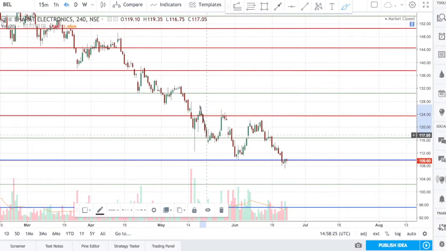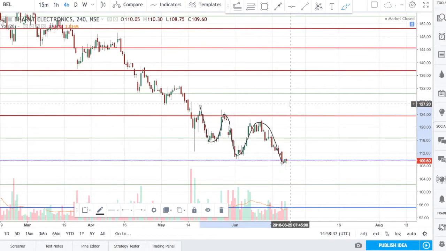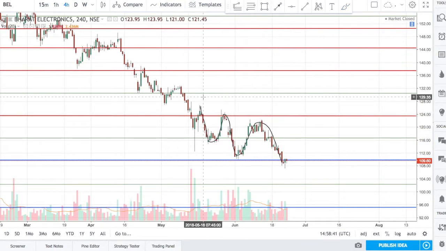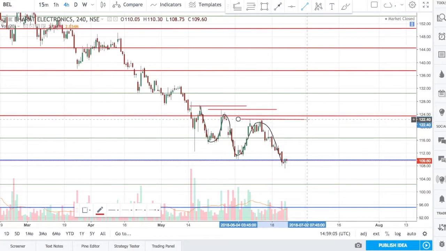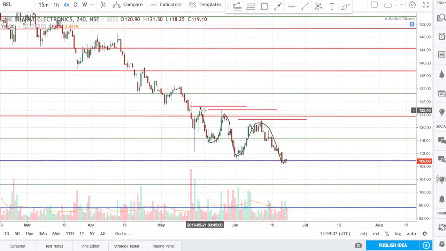We had a down move here, a retracement, once again another down move here, a retracement, followed by another push to the downside here. Take note, on each of these retracement moves the high point hasn't moved above the